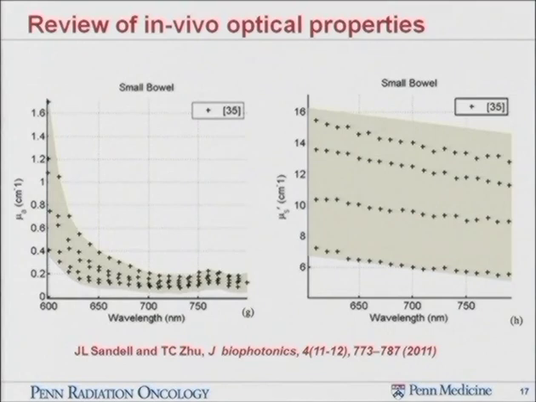And this shaded area is where 66% of the mu-a lies within that band. So basically, it determines a range of optical properties as a function of wavelengths. Certainly one knows there is a spectral dependence for the absorption spectrum, mu-a, and mu-s prime is generally decreasing. It's changing between about 6 to about 16 centimeter minus